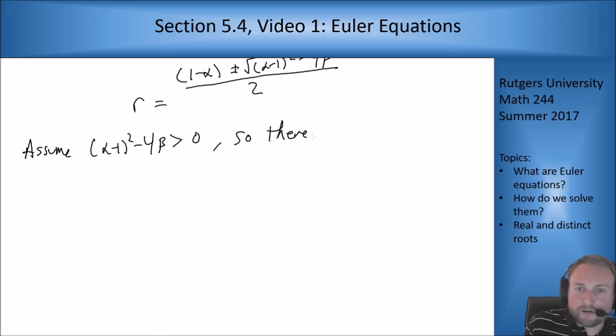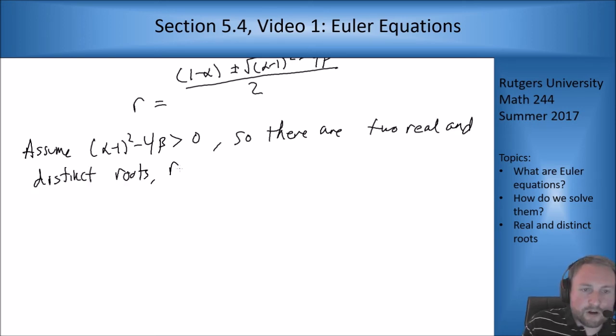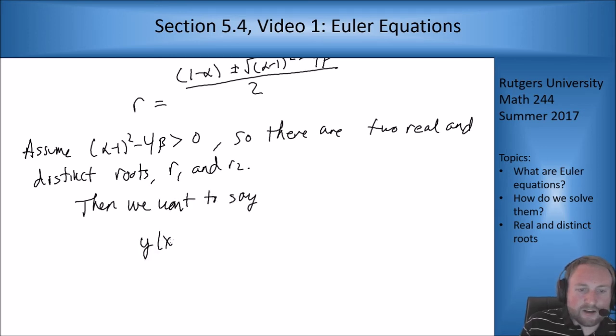So there are two real and distinct roots, r1 and r2. Then we want to say y of x equals c1 x to the r1 plus c2 x to the r2